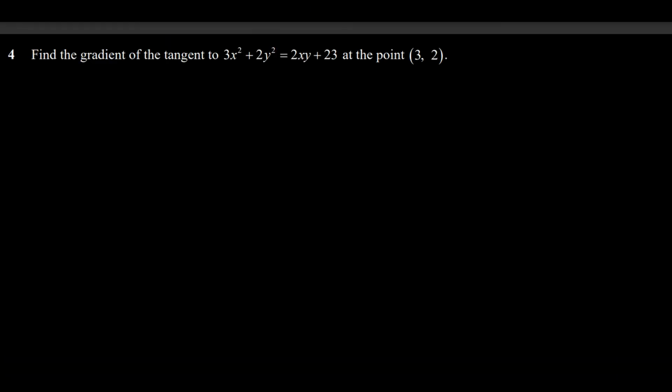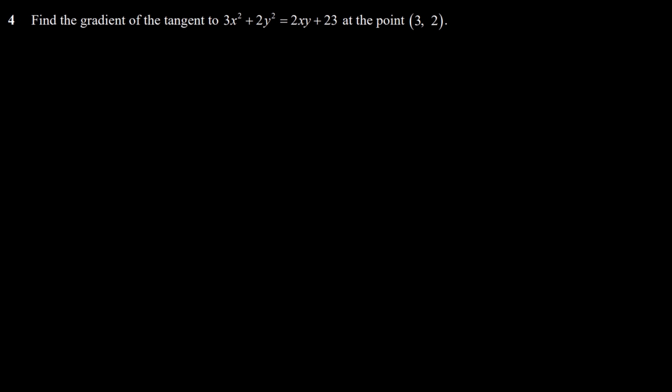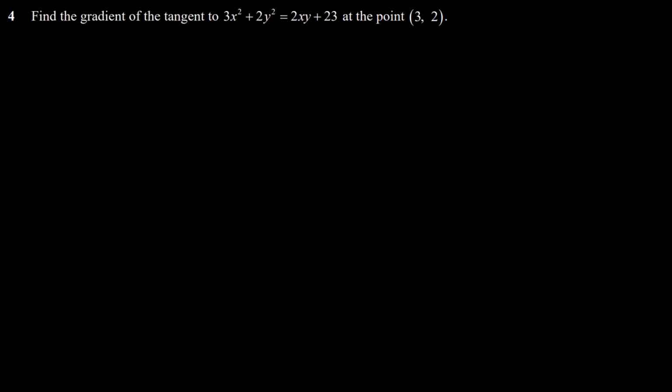We have another question, and it's also a similar type of question, question number 4, gradient of the tangent. If you know the gradient of the tangent, you can easily find the gradient of the normal, the equation of the tangent, everything. In the next tutorial on implicit differentiation I will show that in detail. So if we differentiate that one here again, it gives us 6x plus 4y dy/dx equals to,